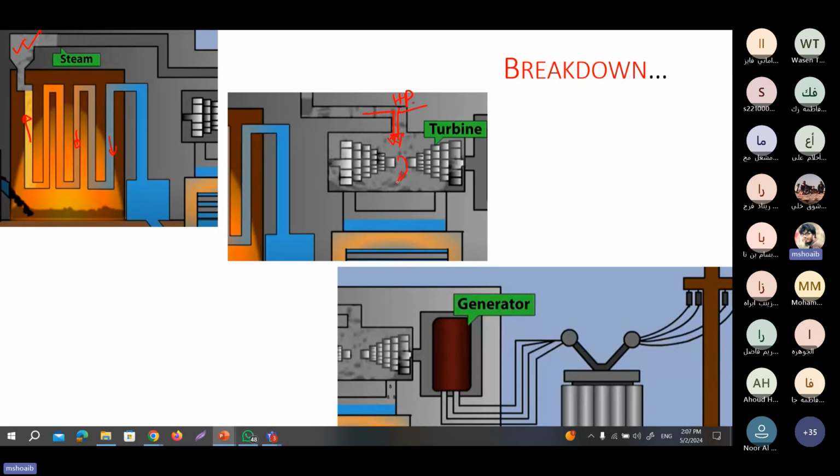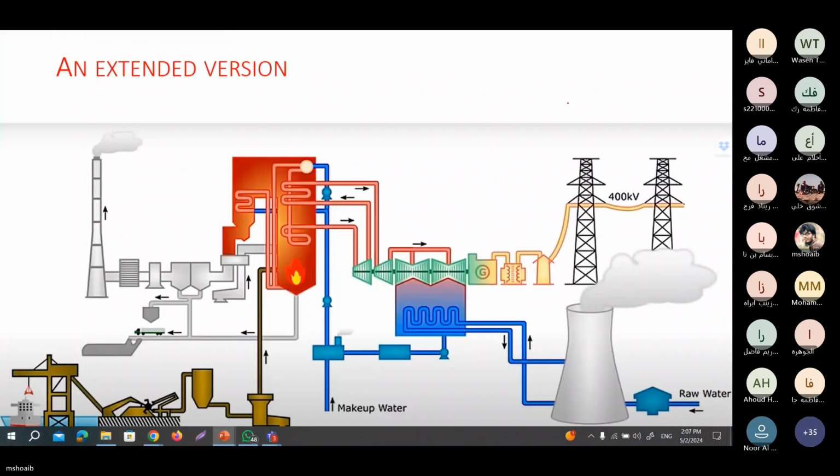The turbine starts to rotate, that turns the generator, and this is connected with the further level. So this is the zoomed version of the same figure, but a more detailed breakdown. If you look here in an extended version,